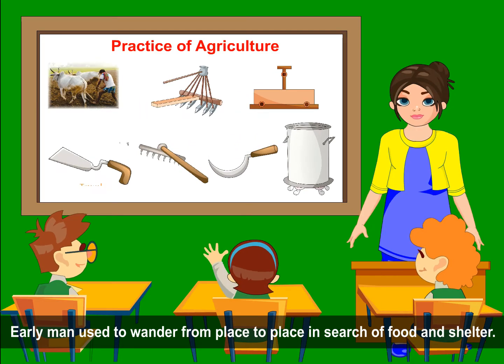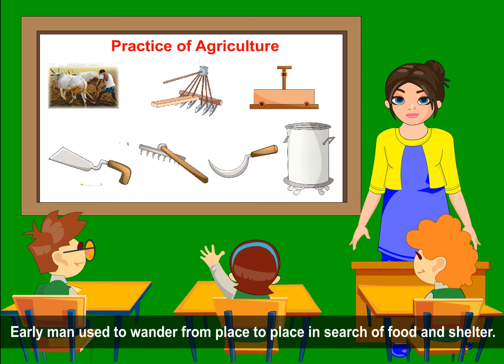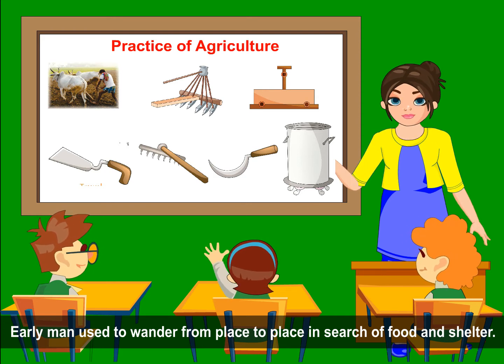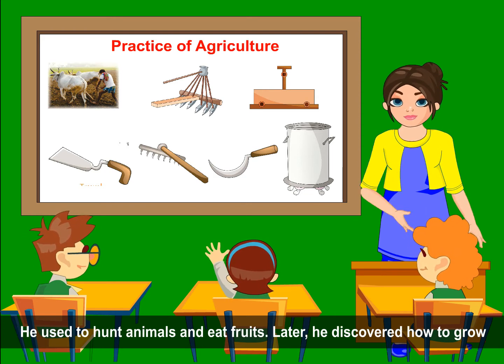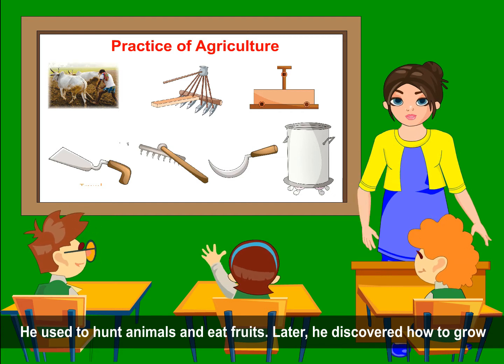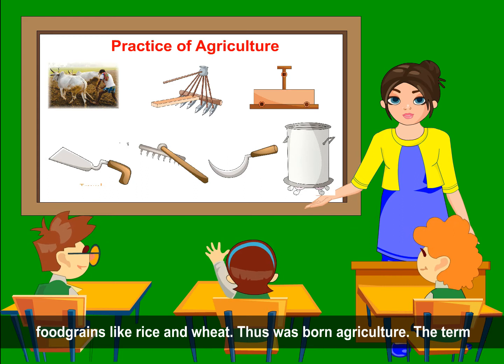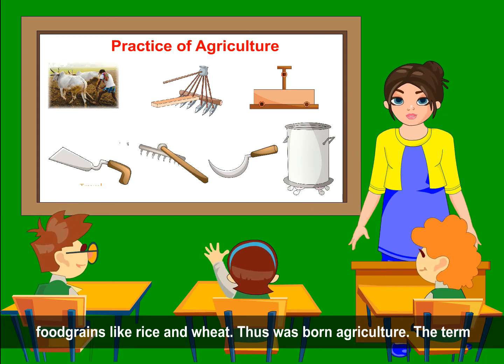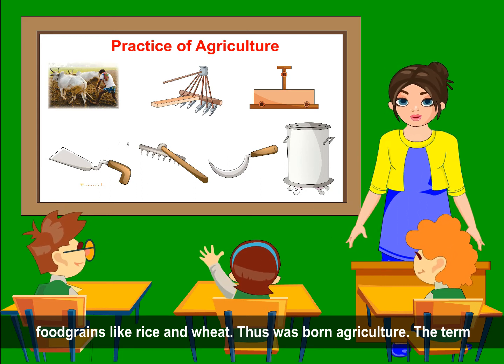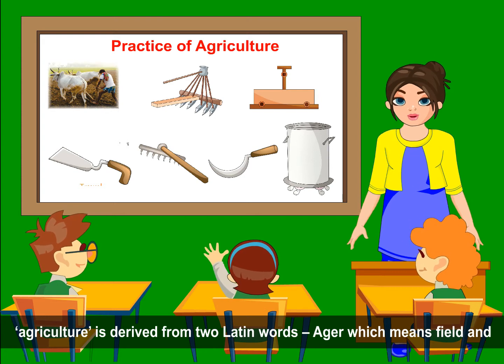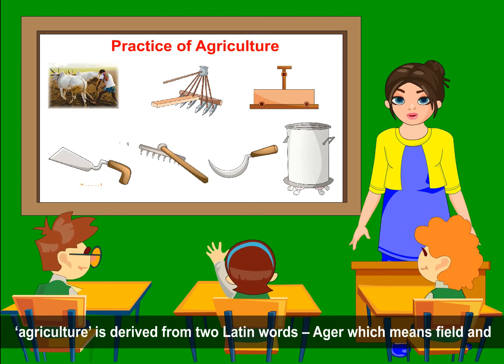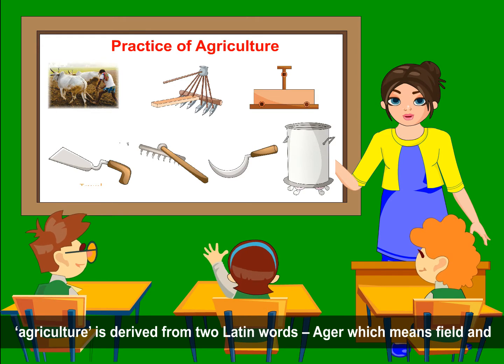Practice of agriculture. Early man used to wander from one place to place in search of food and shelter. He used to hunt animals and eat fruits. Later he discovered how to grow food grains like rice and wheat. Thus was born agriculture. The term agriculture is derived from two Latin words, ager, which means field, and culture, which